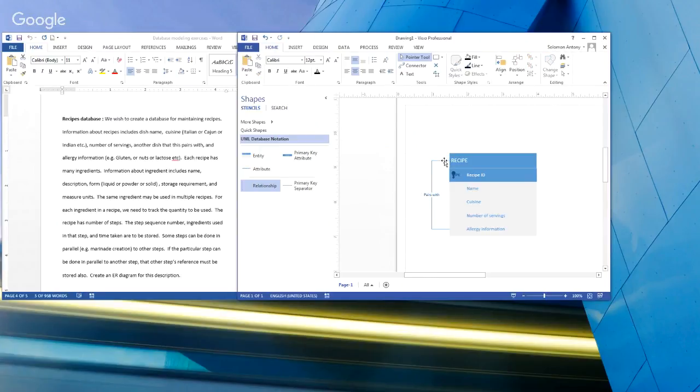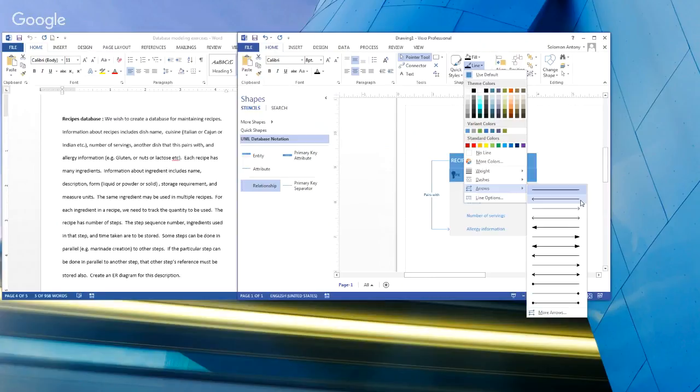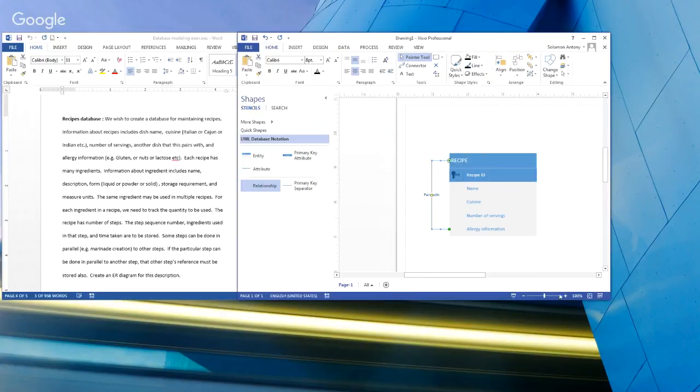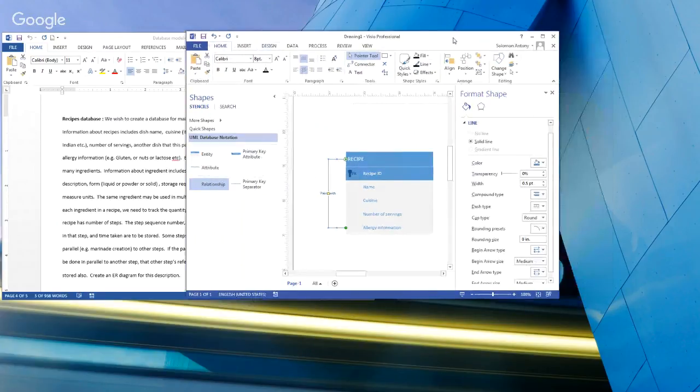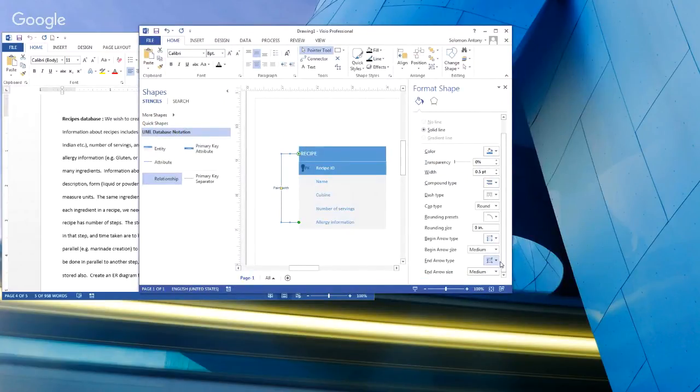So a recipe pairs with many other recipes. Okay, so let's go end arrow. We can assume a recipe pairs with one other recipe. Okay, so 0 or 1,